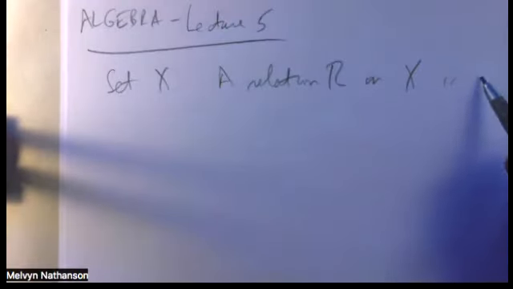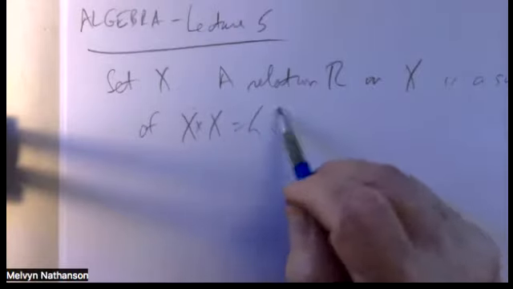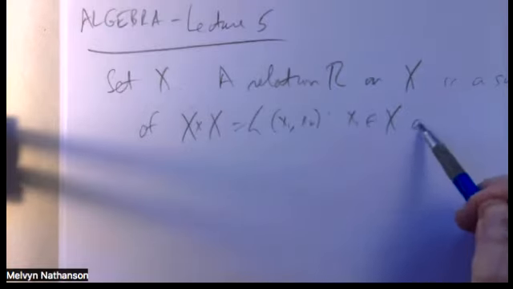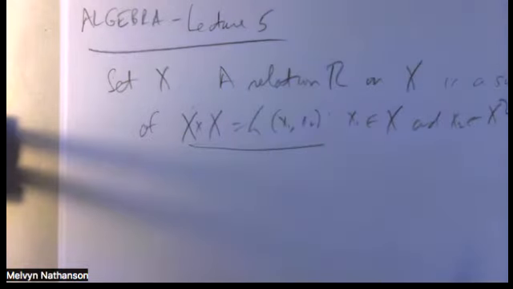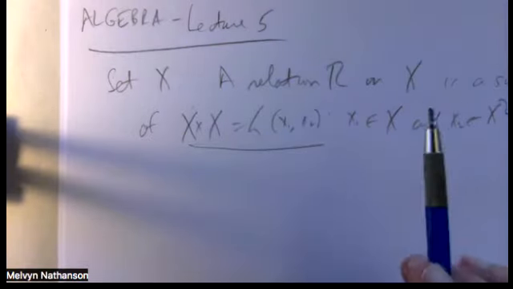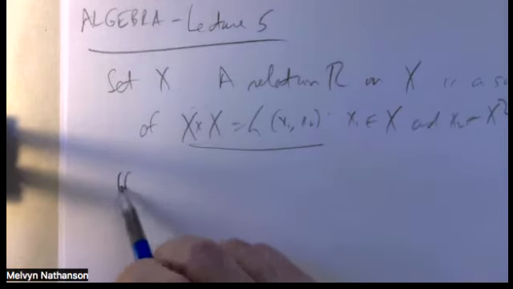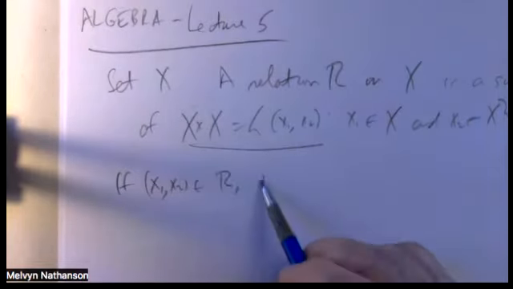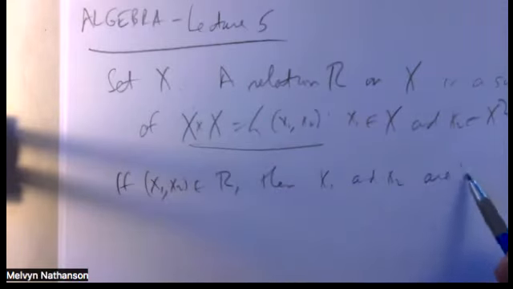So officially, it's a subset of the product of X with itself, which is all ordered pairs (x1, x2), where x1 is in X and x2 is in X. So this is all ordered pairs, but the relation is just some of the ordered pairs. And we write: if the ordered pair (x1, x2) is in the relation, then we say x1 and x2 are related,